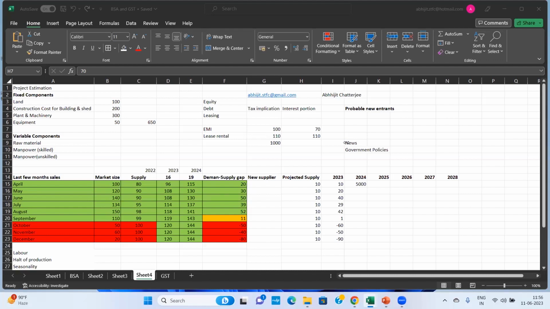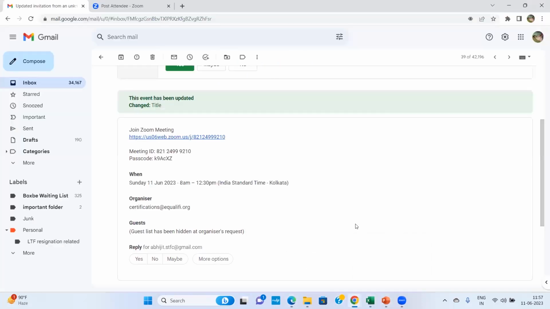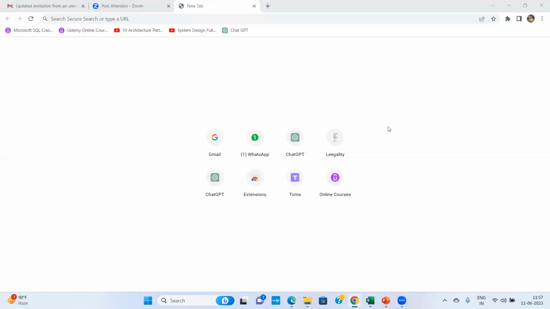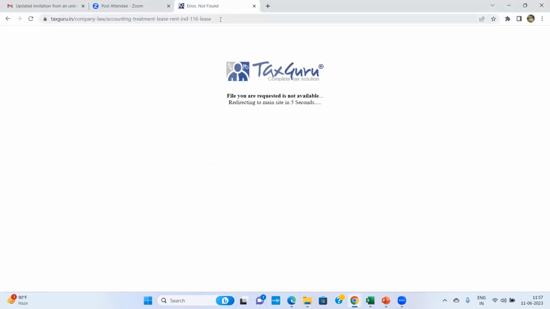See, in lease accounting, when you take something on a lease, they'll tell you you're taking it for 10 years, 15 years. Hence, we need to assume that there is a certain rate of interest which is inbuilt in that. And then we'll have to split that 1 lakh or 2 lakh lease rental which we pay into interest and principal. You cannot assume like that.